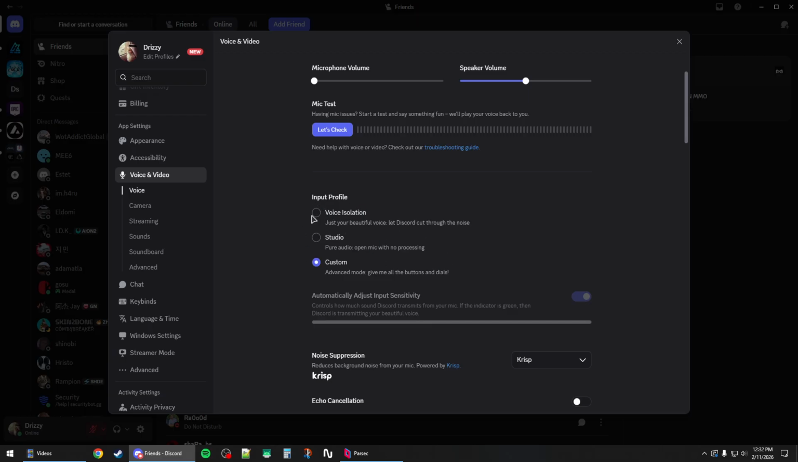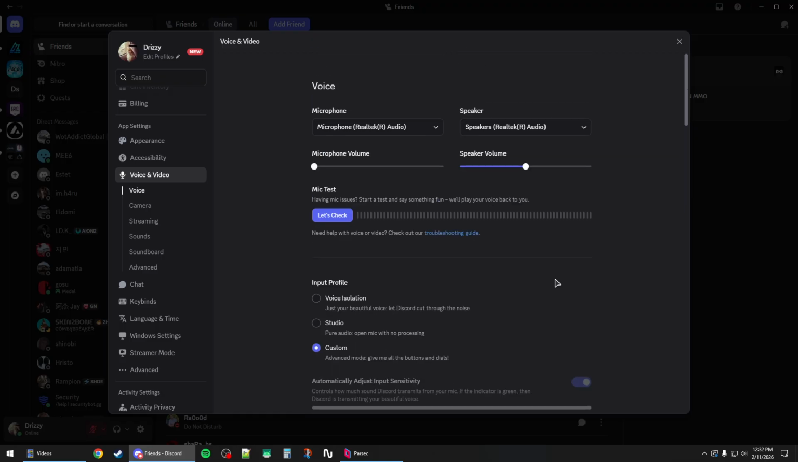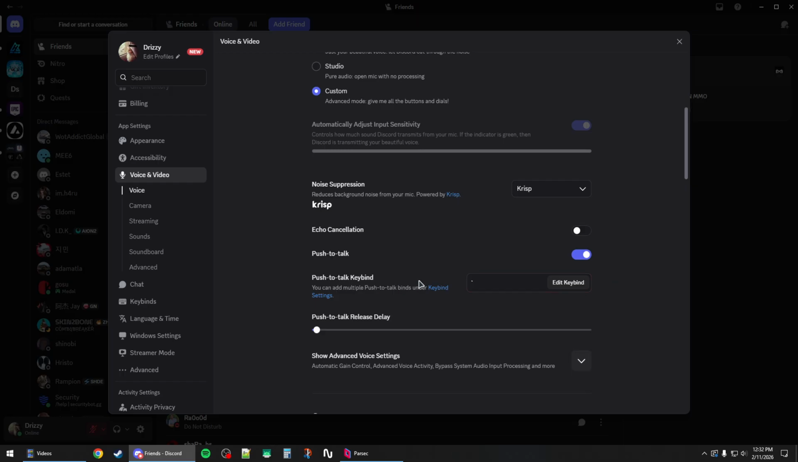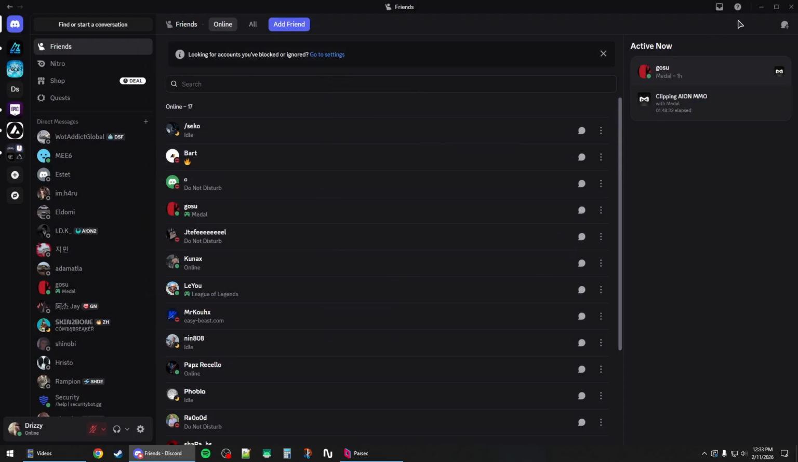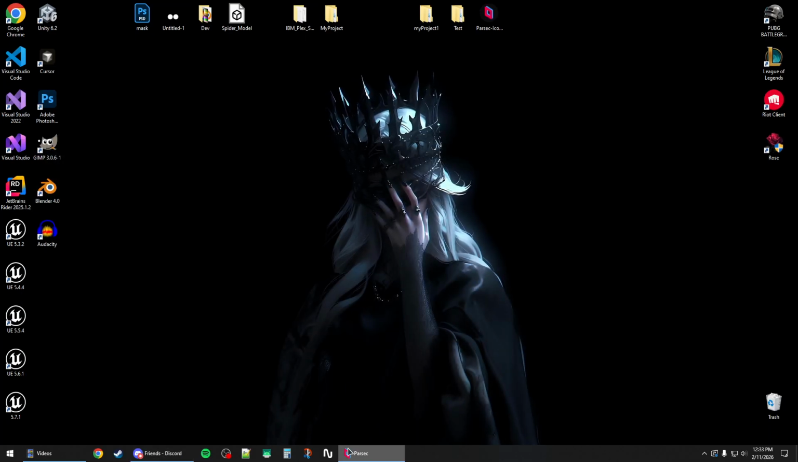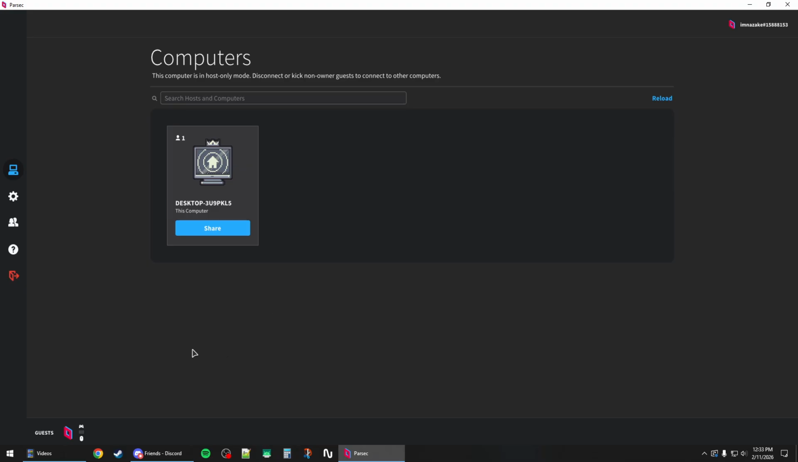So for example, you can use voice isolation or custom, and you can set it to the push to talk or always active based on voice activation. And now you should be good to go. You can just go back to Parsec or try to restart and reconnect to Parsec, and this should solve the